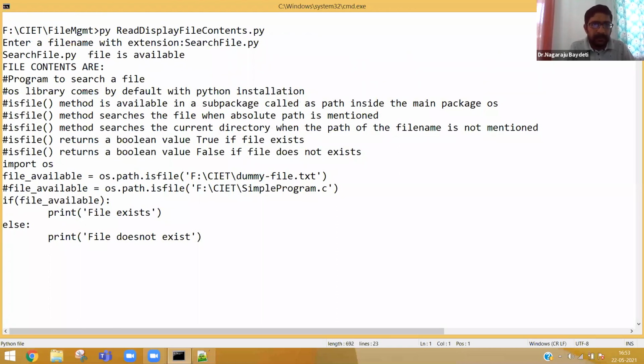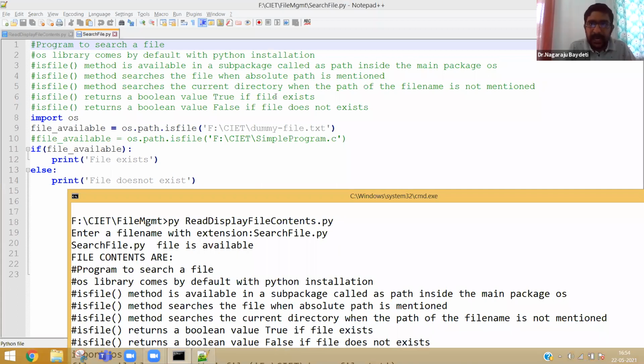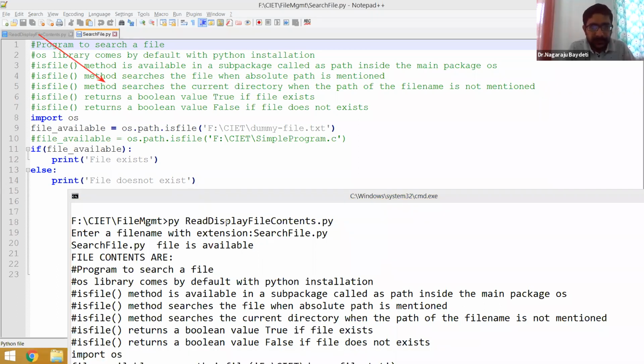Now, let me come here and show you. The file which I am executing is read display file contents. See here. Now, what is the input that I am giving for the user? Guys, please understand. Open search file.py. Where is search file.py?